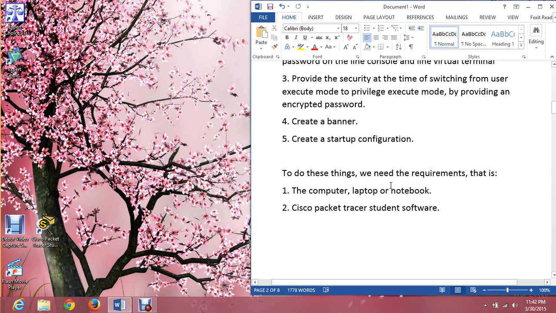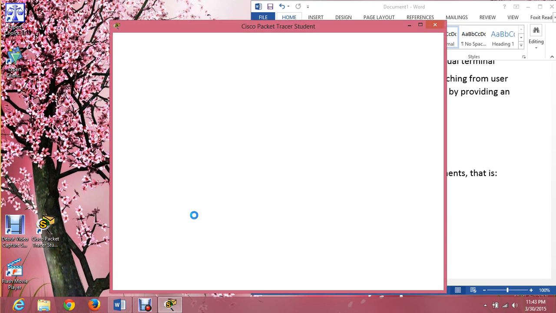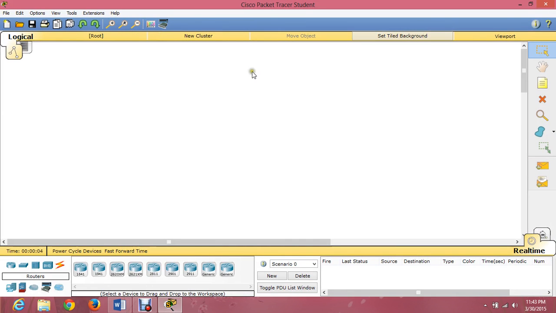If that is ready, let's start the Cisco Packet Tracer student. Okay guys, this is the initial view of the software.